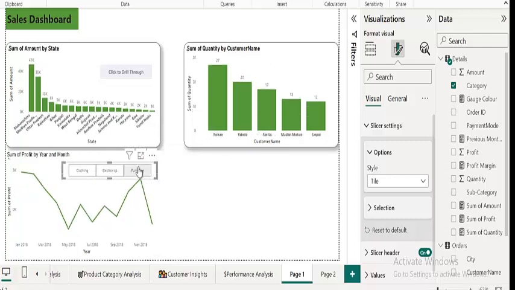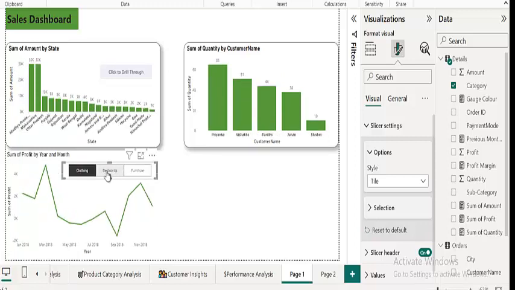So with any of the categories you click, you can see that